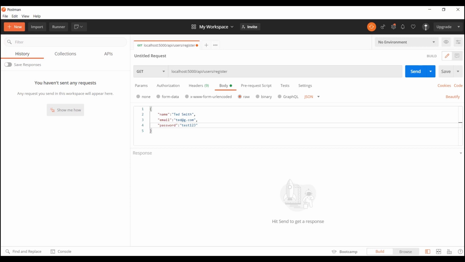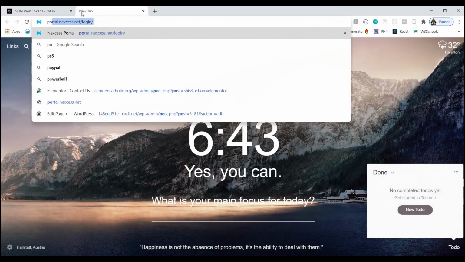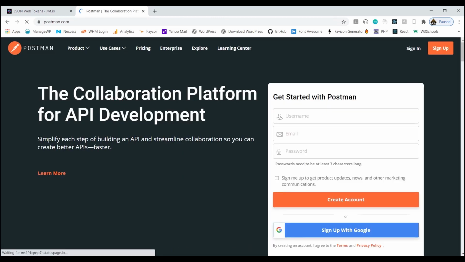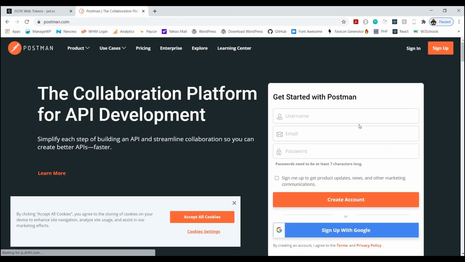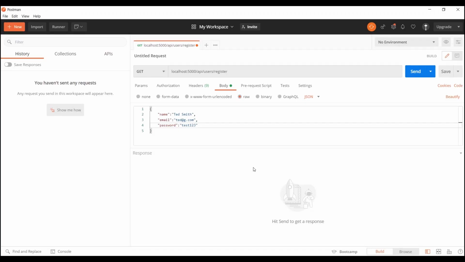All right, so basically we are going to set up a backend, like I said, using Node.js and Express, and a few other things. I have here Postman, which you can get at postman.com. I think you've got to sign up now, and then you download it. It's totally free, and it runs on your machine, and it just allows you to test